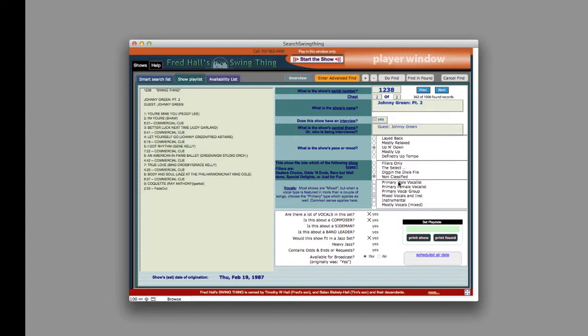The next ones down here have to do with vocal content in a show. So if the show is mostly full of male vocals, then this checkbox would be checked. If it's mostly female vocals, then you would click here. Now I'm going to jump ahead here. Are there a lot of vocals in this set would indicate whether there are lots of vocals or maybe just the normal number of vocals, but